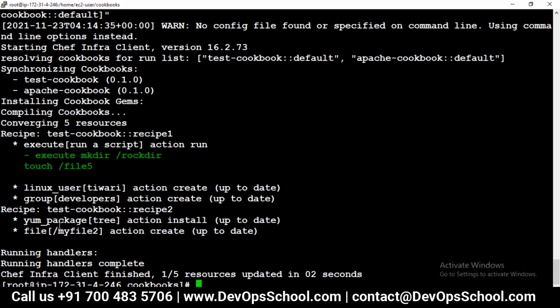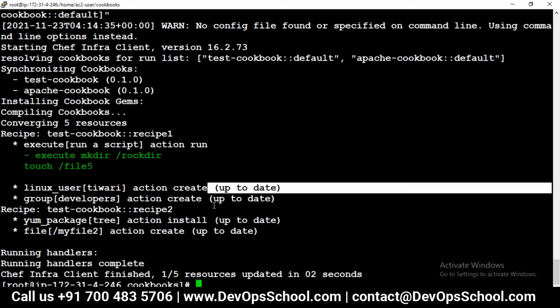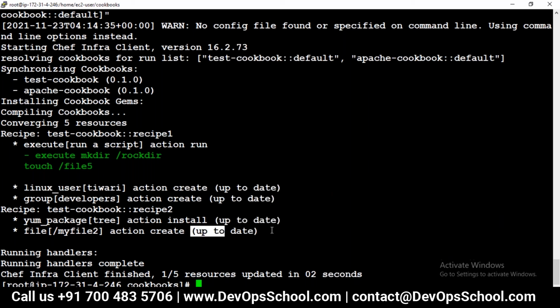One by file means all the same actions are included in the Apache cookbook, so all the actions are completed. Test cookbook, Apache cookbook. Okay. If we include more actions or more commands in the recipe, then we will see more difference. But it is successful, there is no error. So this is the way we can call different recipes from different cookbooks. And one more command is here for that purpose.